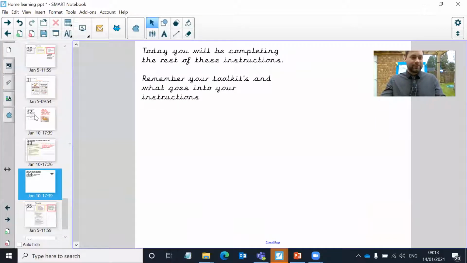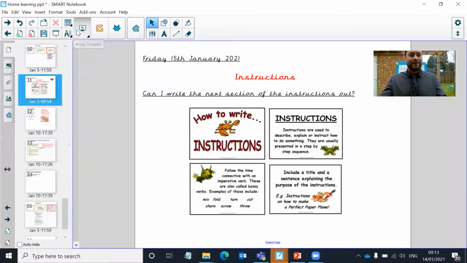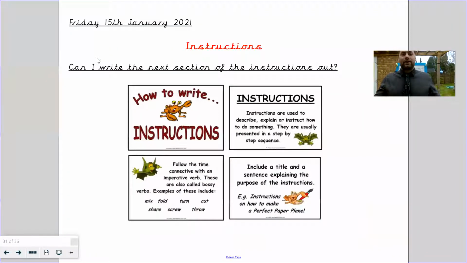Today's lesson is English. I'm going to show you first. So I need to get my screen up. Okay, here we go. And our English lesson for today. Yes, here we are. So today you're going to be writing out the next section of your instructions that you